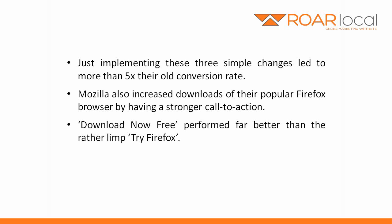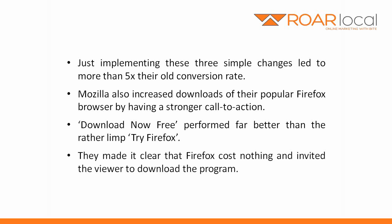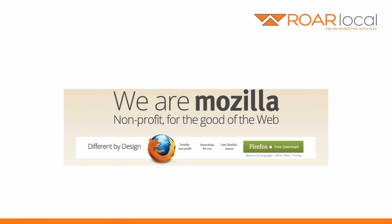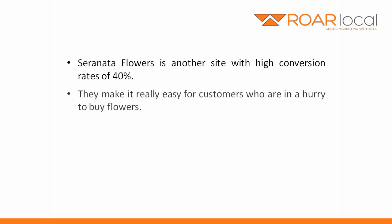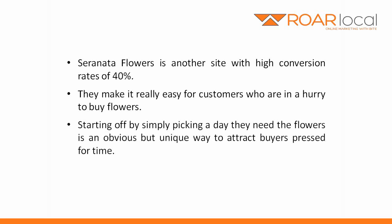Download now free performed far better than the rather limp Try Firefox. They made it clear that Firefox cost nothing and invited the viewer to download the program. Serenata Flowers is another site with high conversion rates of 40%. They made it really easy for customers who are in a hurry to buy flowers. Starting off by simply picking a day they need the flowers is an obvious but unique way to attract buyers